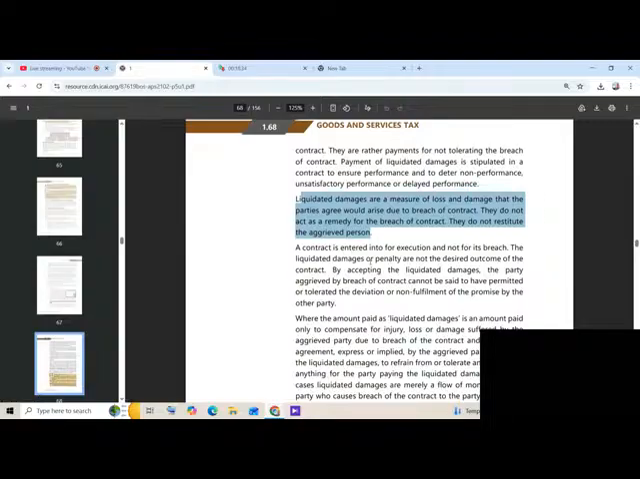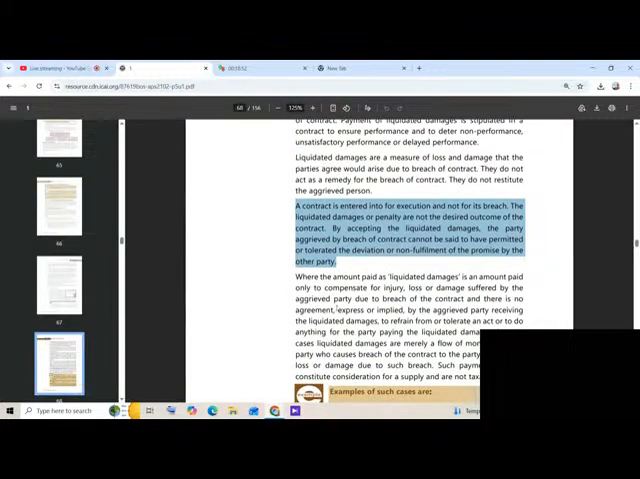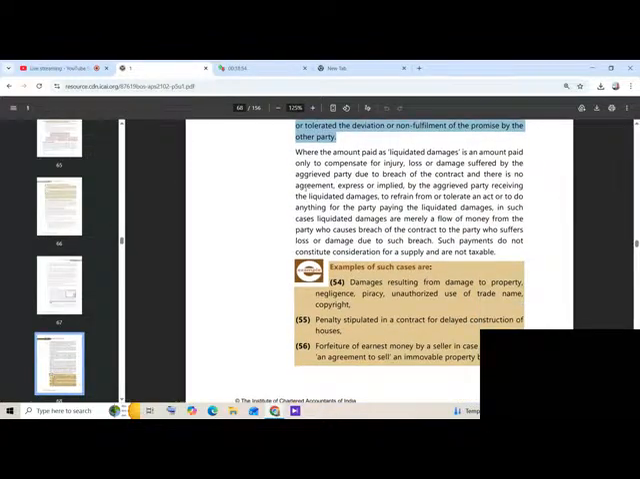They do not act as a remedy for the breach of contract, and they do not restitute the aggrieved person. A contract is entered into for execution and not for its breach. The liquidated damages or penalty are not the desired outcome of the contract. By accepting the liquidated damages, the party aggrieved by breach of contract cannot be said to have permitted or tolerated the deviation or non-fulfillment of the promise by the other party,